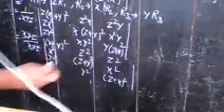Now apply the operation c1 replaced by c1 minus c2, and c2 replaced by c2 minus c3. Just check what you have. Do it and take out common x plus y plus z from the first column and second column. Just check what you have here. So that is equal to the determinant.